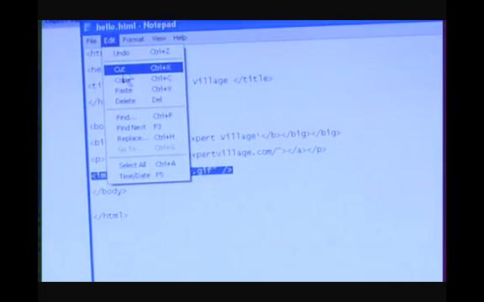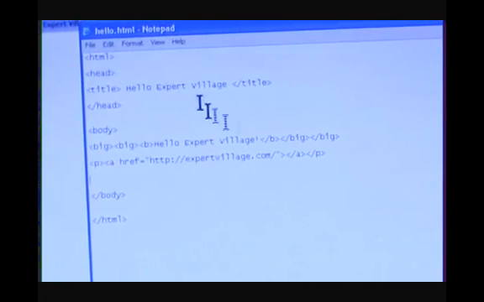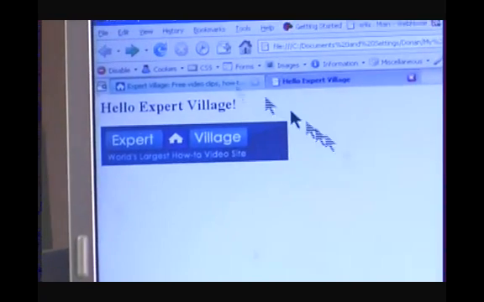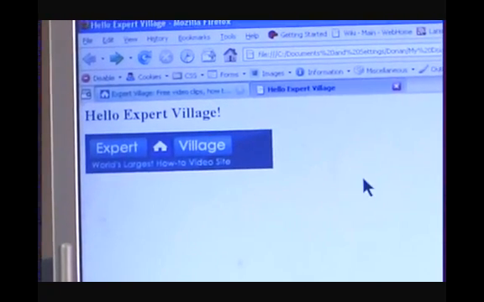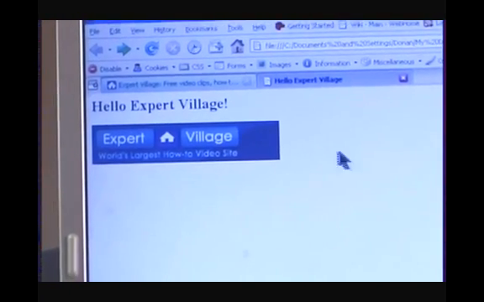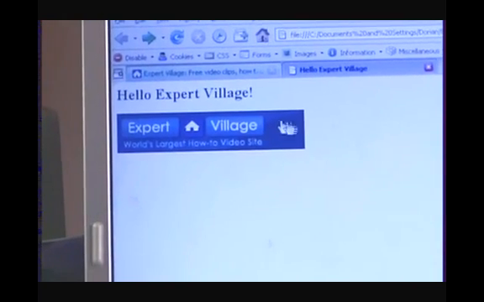I'm going to say cut. I'm going to click where I want to add it. We've just moved that image to within the link. Let's save it and look at it and see if it makes sense. Save it. We'll reload the page, and now we see our image, but if we scroll over the image, it